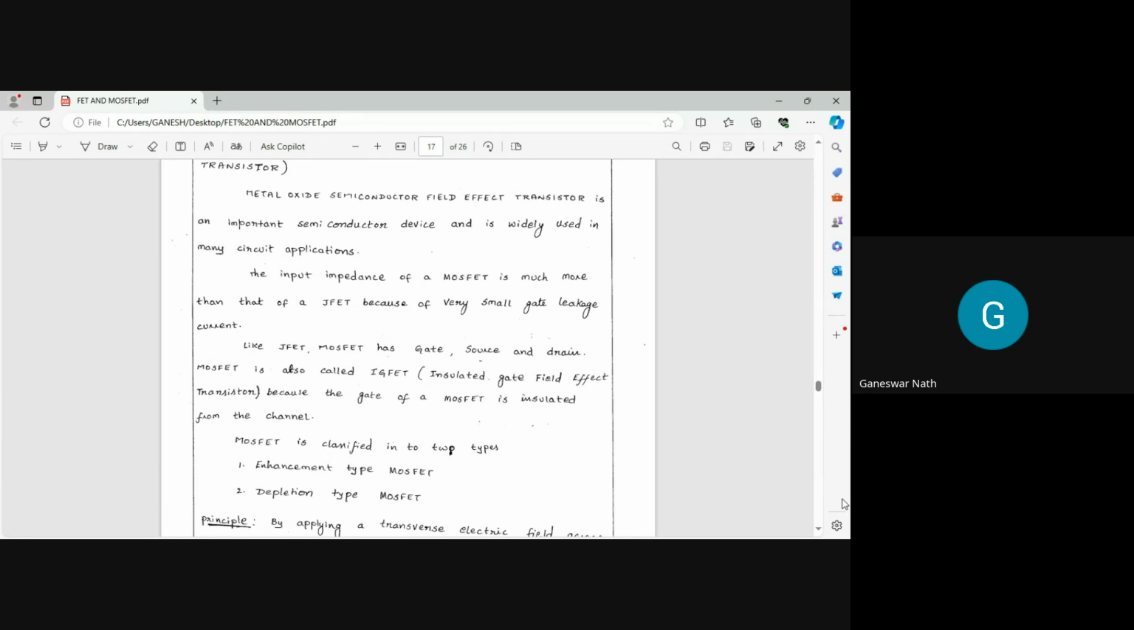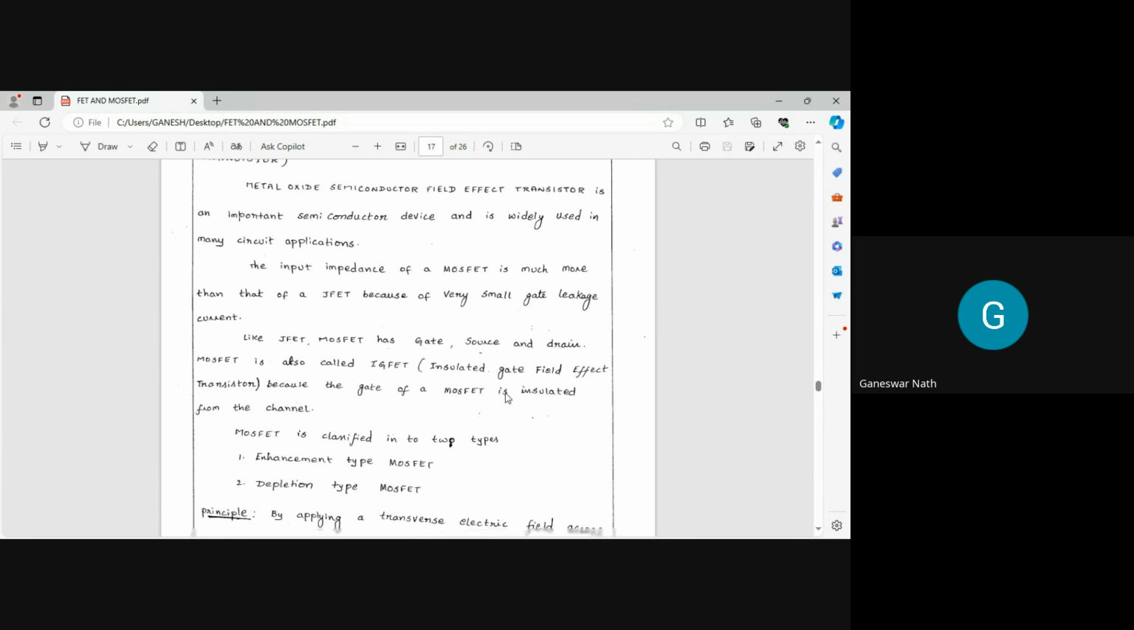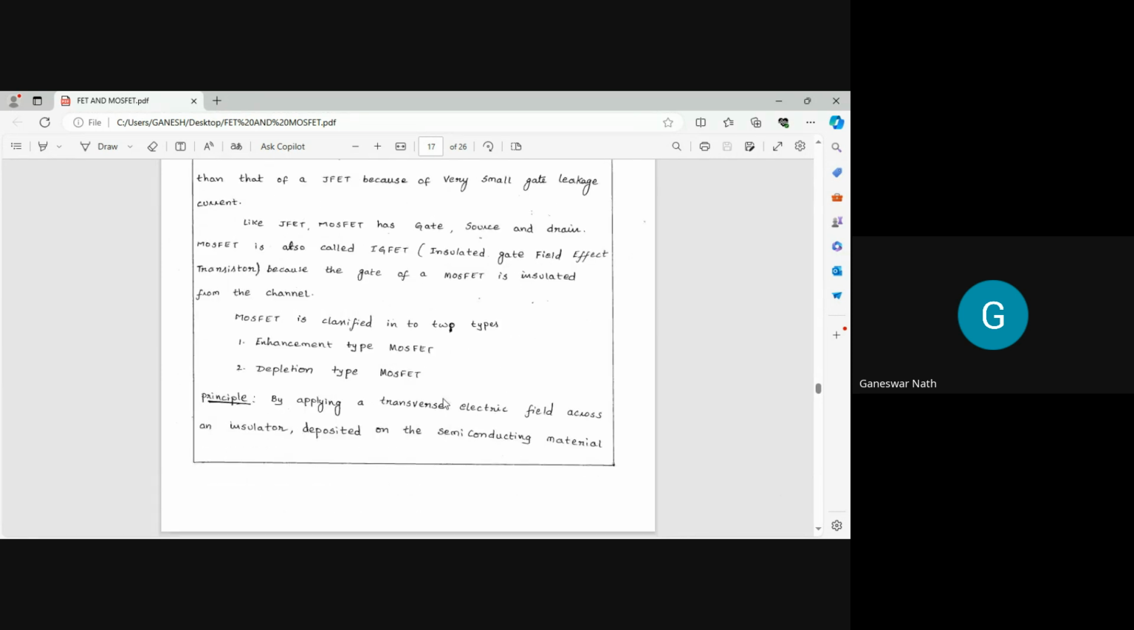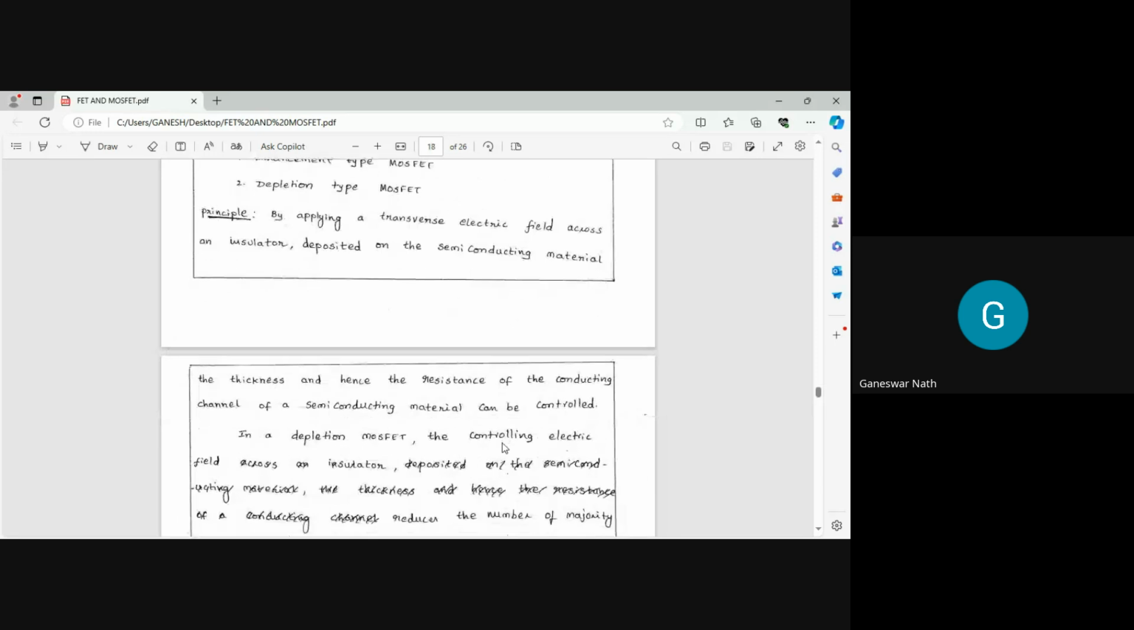Okay, then what is the basic principle on which the MOSFET operates? By applying a transverse electric field across an insulator deposited on the semiconductor material, the thickness and hence the resistance of the conducting channel of a semiconductor material can be controlled. As you can find, there is a controlling channel from the gate. So naturally, this channel is controlled by the semiconductor. Okay, in a depletion MOSFET, you can find